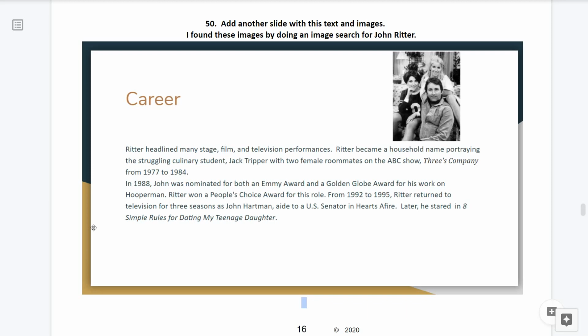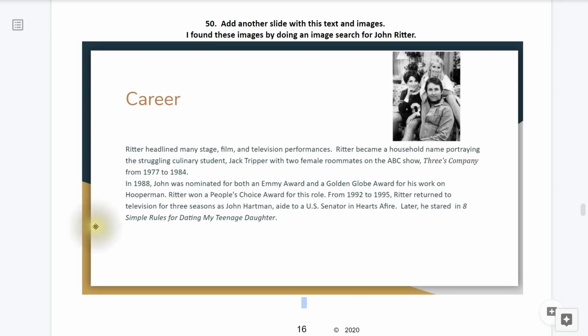Ritter won a People's Choice Award for this role. From 1992 to 1995, Ritter returned to television for 3 seasons as John Hartman, aide to the U.S. Senator in Hearts Afire. Later, he starred in 8 Simple Rules for Dating My Teenage Daughter.